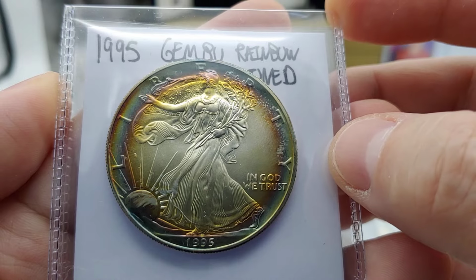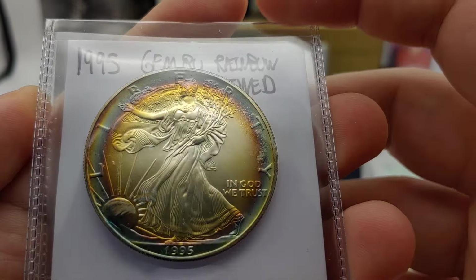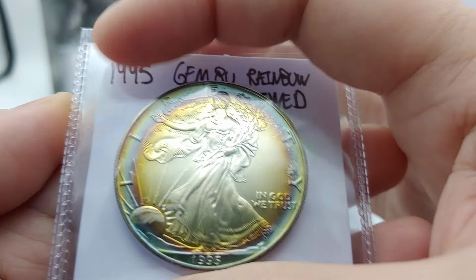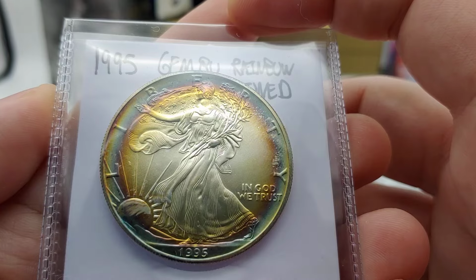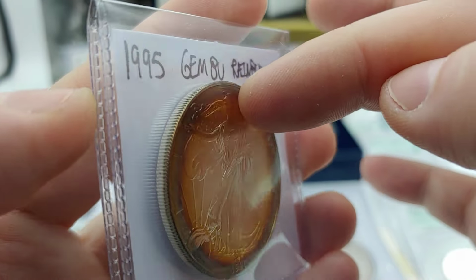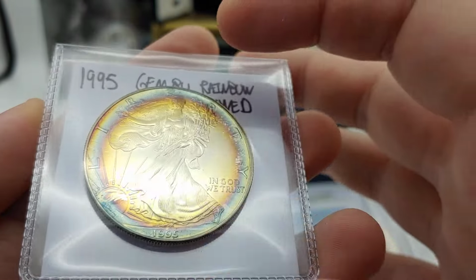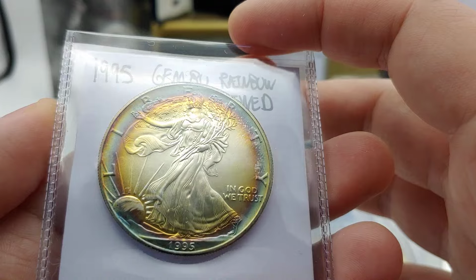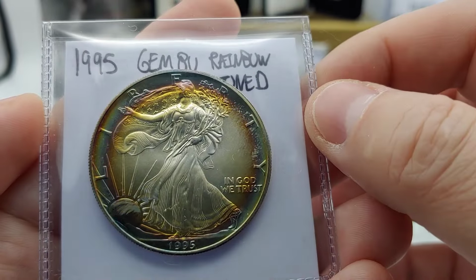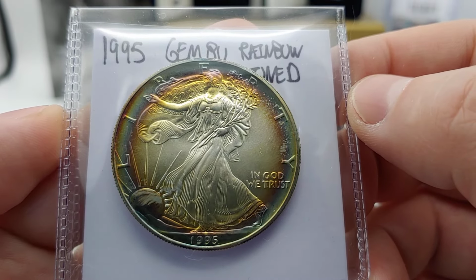So I picked up this one. I think I'm asking around 100 bucks. I forgot what I'm asking for it, but I like this coin. I think it's a real toned coin. So it's one of those where it was in someone's album, or however they had them stored, and it just develops this natural toning around. And you kind of see too, it's very hard to artificially tone just one side of a coin. You'd have to dip it perfectly in whatever type of solution or burn it, however the heck they do it. So I think this one is very authentic, and basically someone that collects toned American Silver Eagles would be